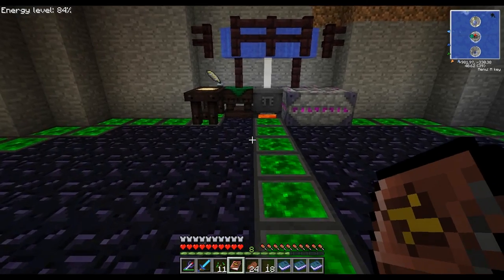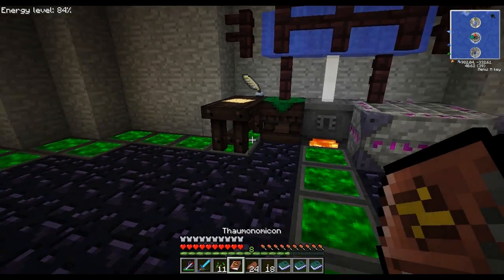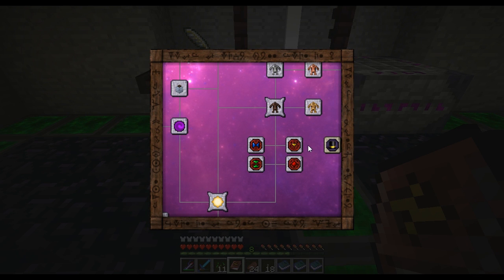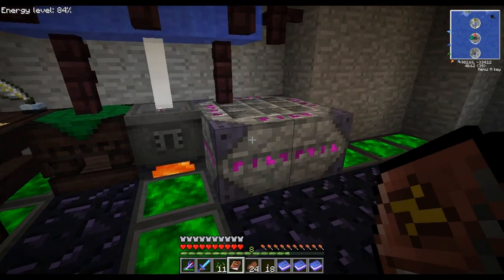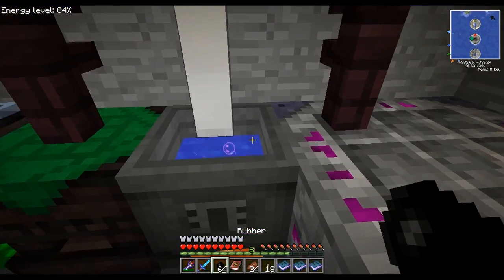Okay, I have laid out all the farm plot things, but I figured I would come here and we will actually make the golems. So what we need is a basic animation, or a golem animation core basic, which is 4 bricks surrounding Nitor. However, it has to be on the infusion altar, and it needs 8 Impurito and 8 Modus. Now rubber has 2 Impurito and 2 Modus, so you throw 4 rubber in there, and you should be okay. I haven't actually made any of these yet. This is the first one I'm making, and we will get to figure out how these things work